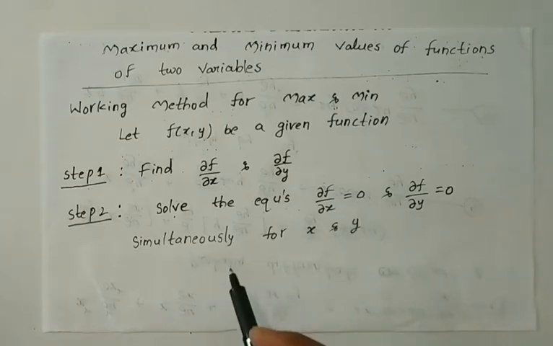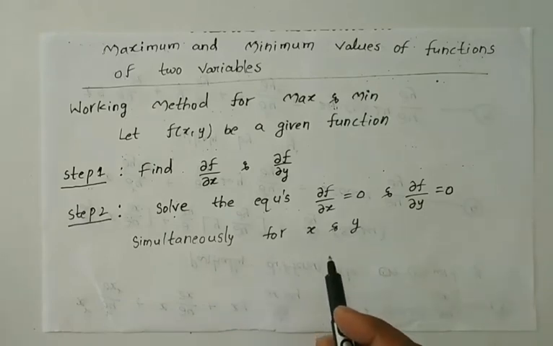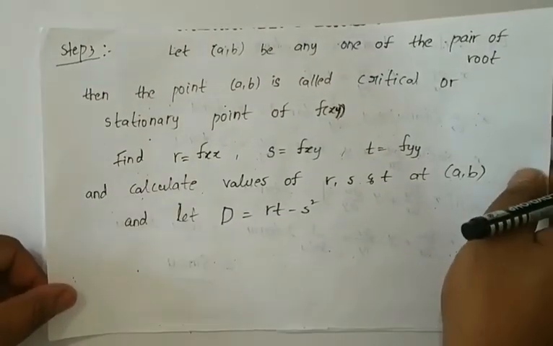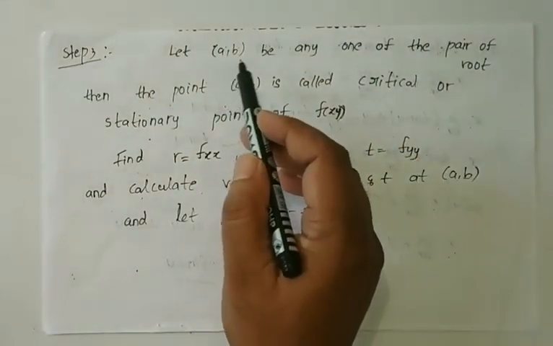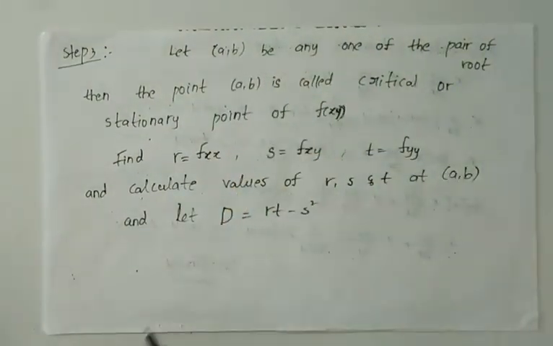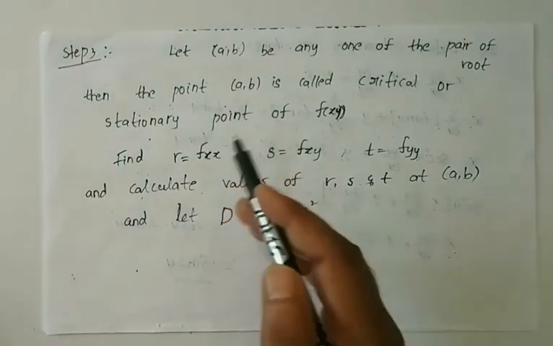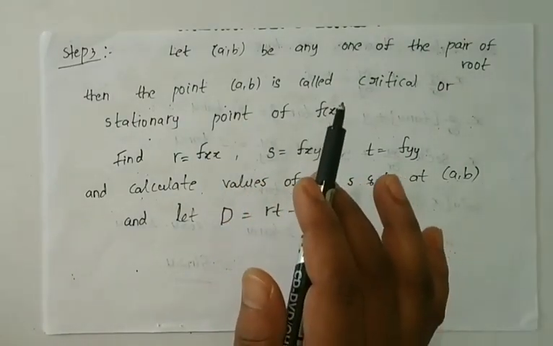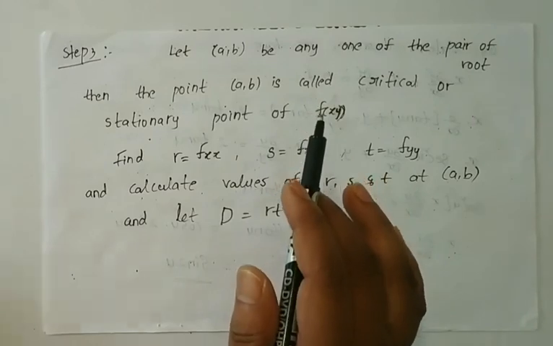Suppose a comma b is a critical point of the function f of xy. Suppose. Okay. In the third step